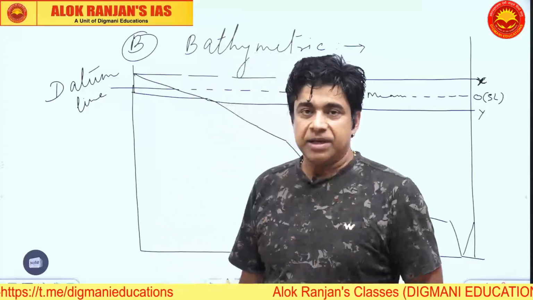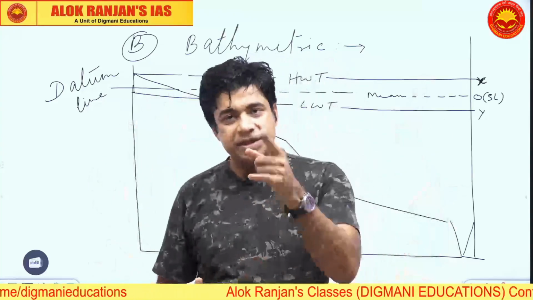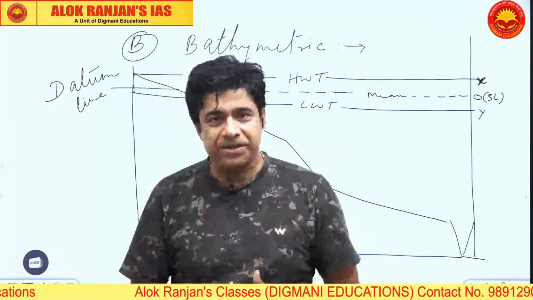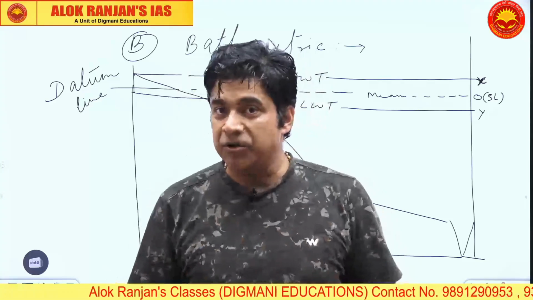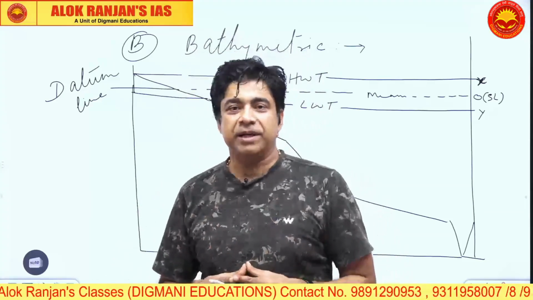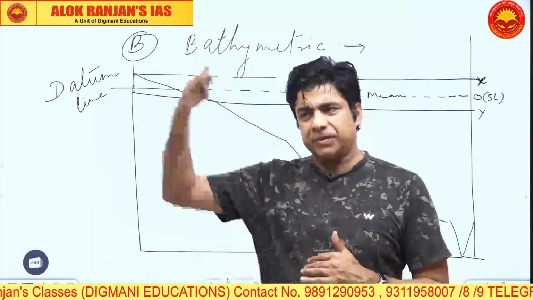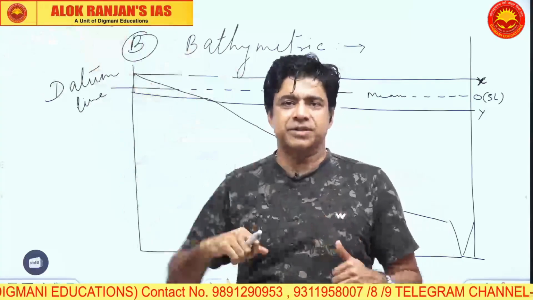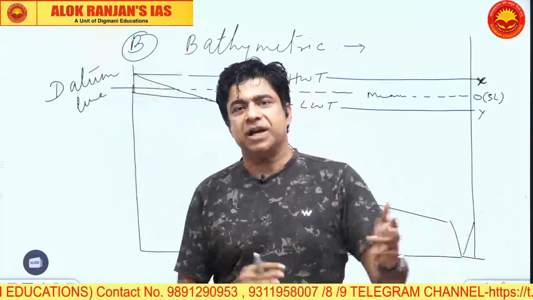That's datum line. If for the world it is taken, Greenwich will become the datum line. Fine. But if for India it is taken, your Chennai will be the datum line. Chennai is your datum line. Now Chennai is datum line because it matches with the average mean value of the Greenwich. This is how we take Chennai as the datum line.